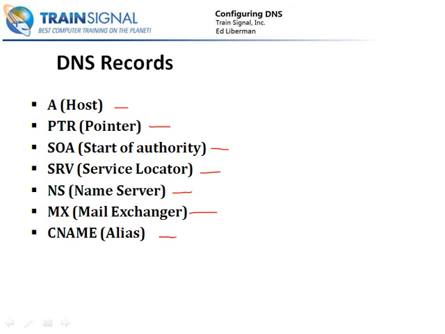And then finally, this last one we have here is CNAME, canonical name, simply referred to as an alias sometimes. A CNAME record resolves an alias to a host name. All right, now what the heck does that mean? Best way to describe this would be with an example. When you go to, I'm not even going to use TrainSignal, let's use Microsoft. When you go to